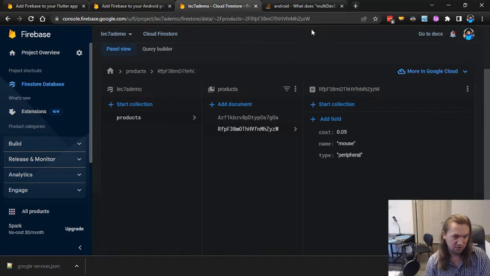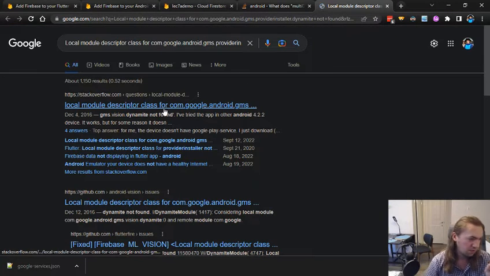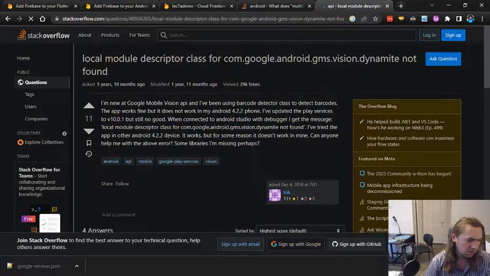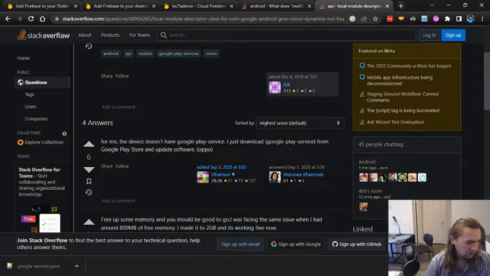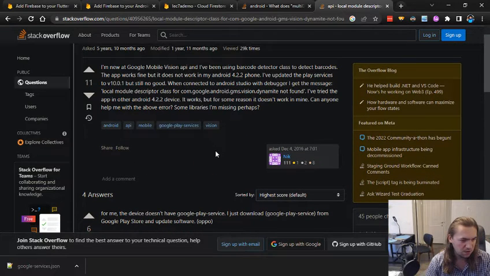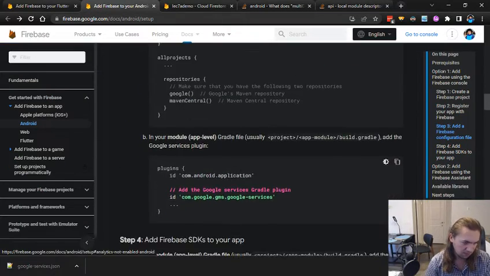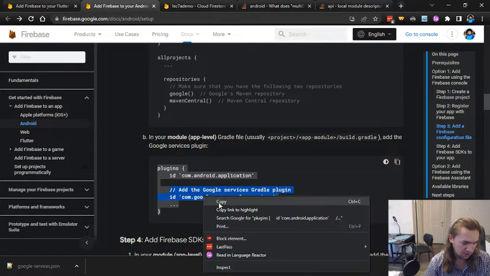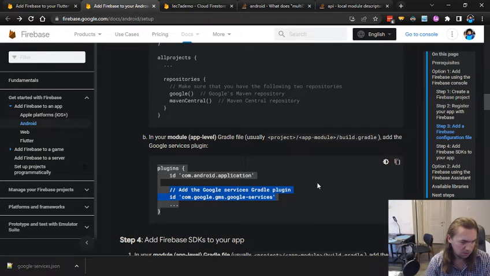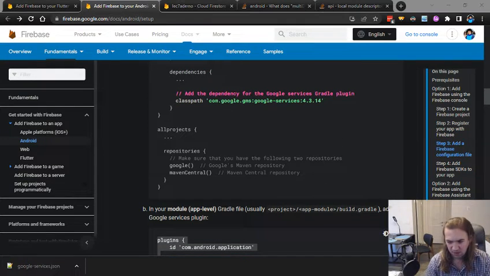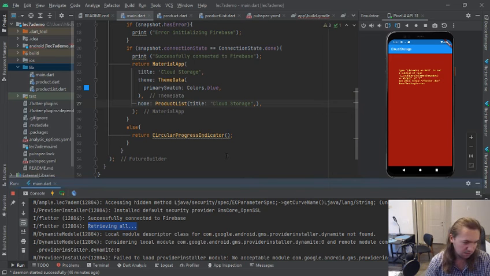Let's see if this error in particular has a solution. Something I forgot to do, perhaps. Doesn't have play servers, of course. Okay. Now this could be an issue with that plugin thing from before. So maybe let's try fixing it the way it had been suggested, and if that's necessary, then that will help. So in the app level Gradle, we need to add the plugin into plugins. So let's try doing that, because that may be one of the reasons it's very angry at me. So app level